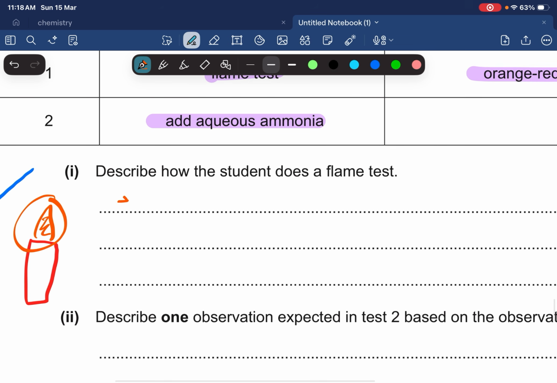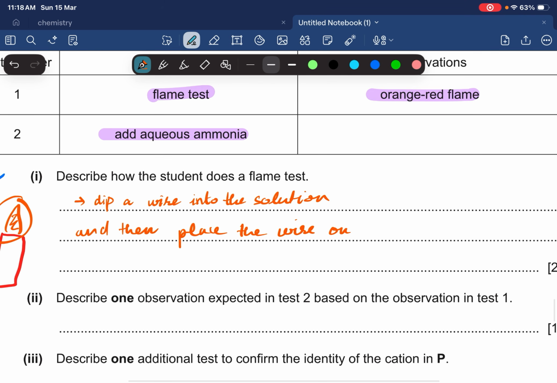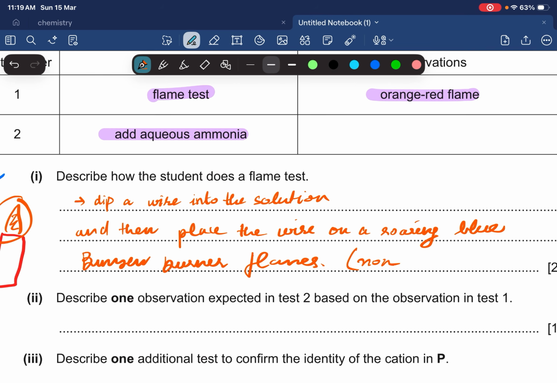So the first step is dip a wire into this solution, and then place the wire on a roaring, you call it a roaring blue, I'm going to explain what this means, Bunsen burner flame. There are two kinds of flame. One's a non-luminous flame and one's a luminous flame. So this one right here is a non-luminous